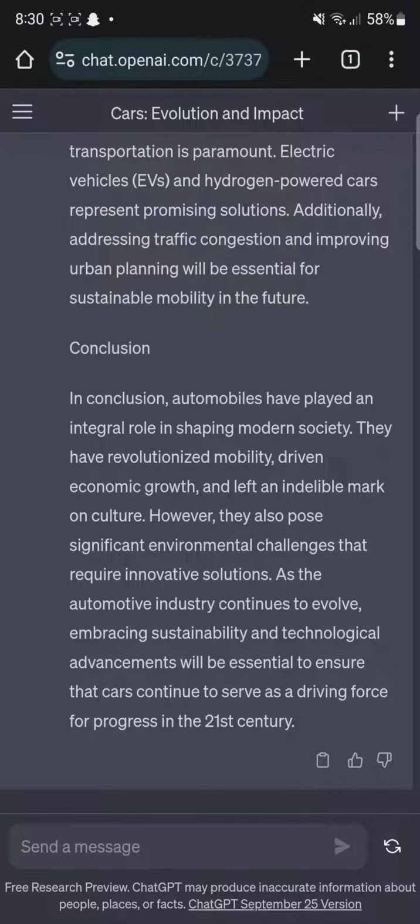Today I'm going to show you how you can avoid plagiarism using ChatGPT. Basically, plagiarism is when you take someone else's work and state it as your own. It's pretty bad, pretty illegal, and you would want to avoid it at all costs. So there's a couple of ways you can use ChatGPT